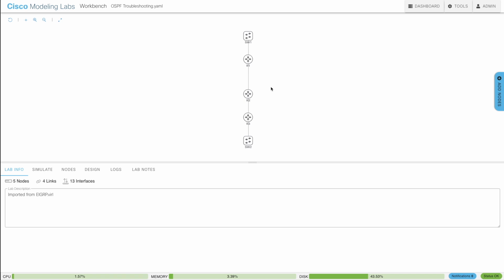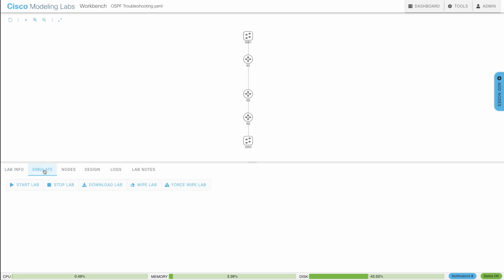Here's one way we can start this. Under the Simulate tab, I can say Start Lab. And notice we'll get what almost looks like the little recycle symbol. I don't know if you can see it here, but it's like little spinning arrows. When these devices have booted up, we'll be able to see that they're up because there'll be a green dot next to them right there. But yeah, you can just import these .yaml files to get some really elaborate topologies that you can work with over and over again. But while that's booting up, I wanted to show you how we can create our own